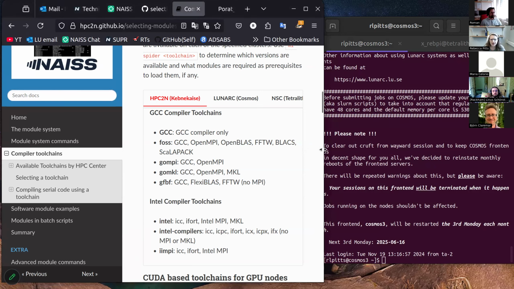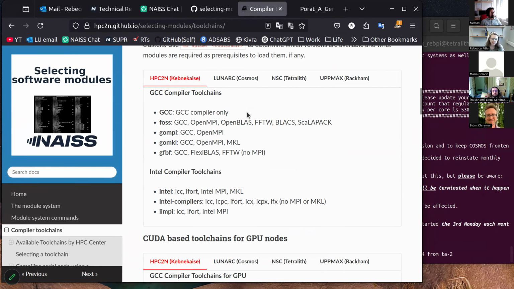I'm going to have to resize this window to see all the tabs. So